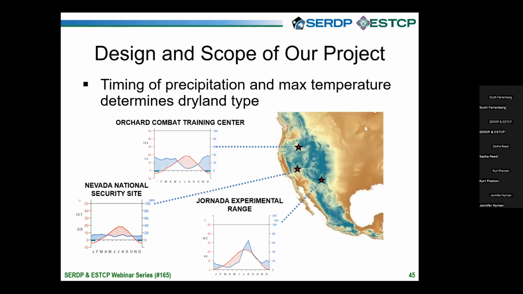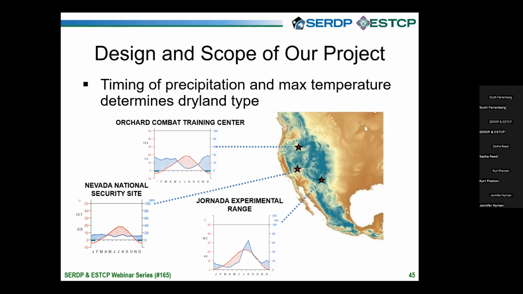When we speak about these different Köppen climate classifications, what we're really referring to in drylands is the timing of precipitation relative to peak temperature. These are all dry systems, and while they get different total levels of precipitation, the timing with which that rainfall or snow enters the system relative to the peak summer temperature in the northern hemisphere can be quite different. So in the north, we see a winter recharge of precipitation and a peak in summer temperature. So that allows that moisture to hang around for quite a while and work its way into the soil in that Great Basin location.